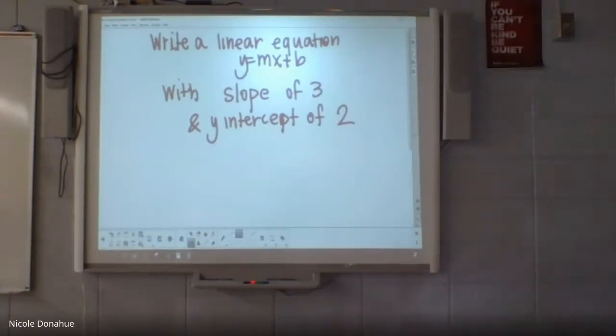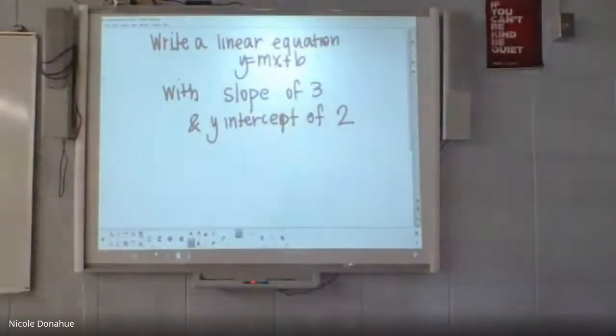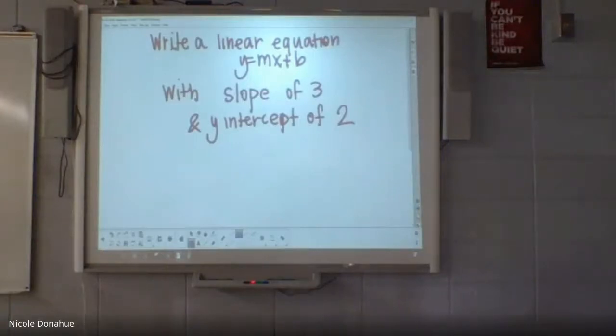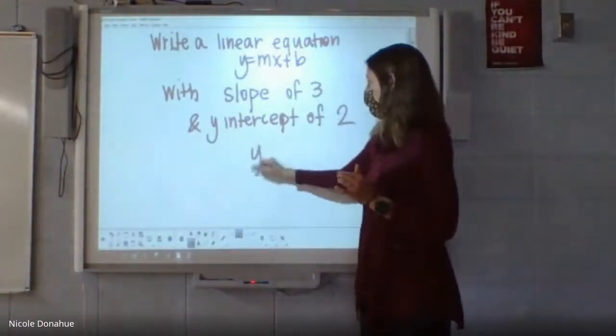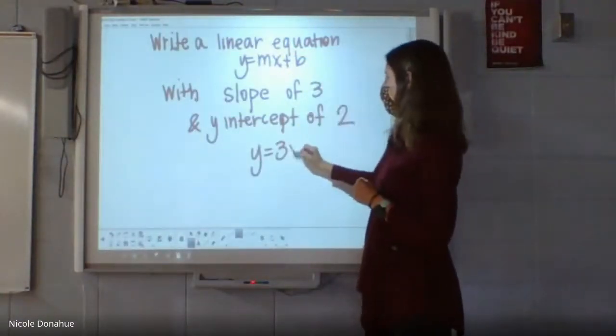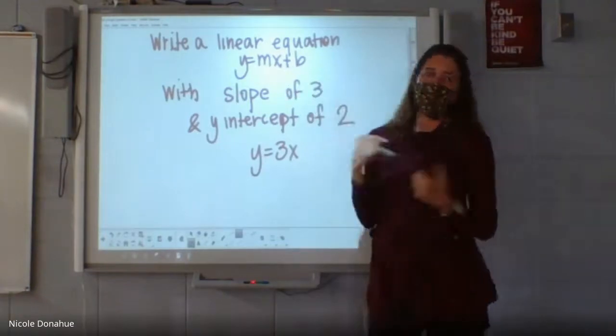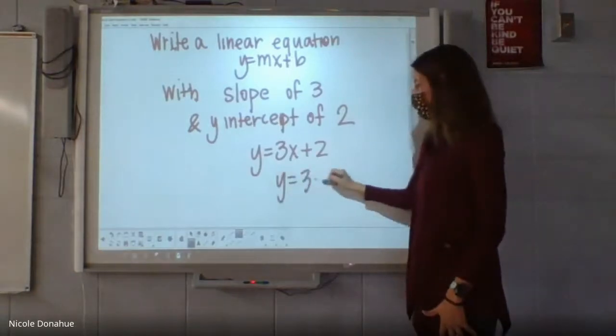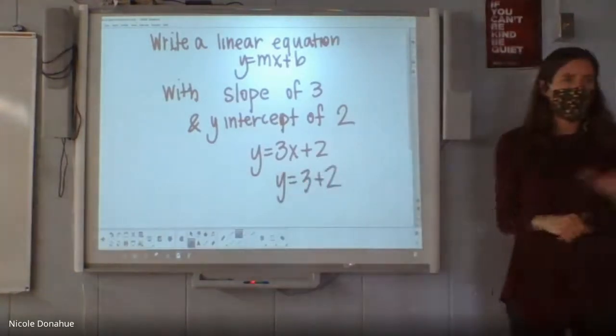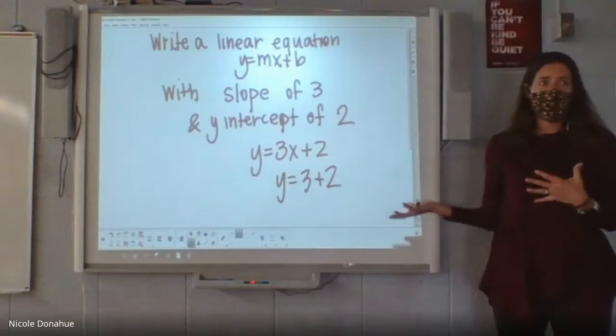Now, probably the most common mistake, which sounds super silly: a lot of times students leave the x out. So they write y equals 3 plus 2. And I'm like, oh, that's not the same thing. I know that sounds really picky, but in mx plus b, that m is 3, and then we do have to include that x. That x is super important. Because if you just have y equals 3 plus 2, I get this all the time on our chapter test, and I'm like, that is not the same thing as that.